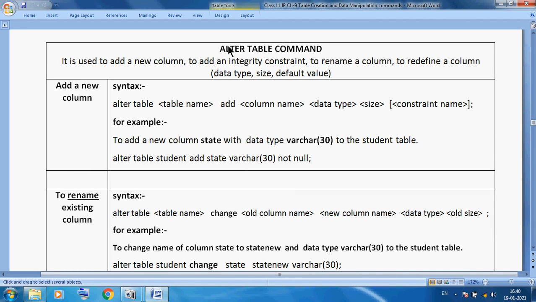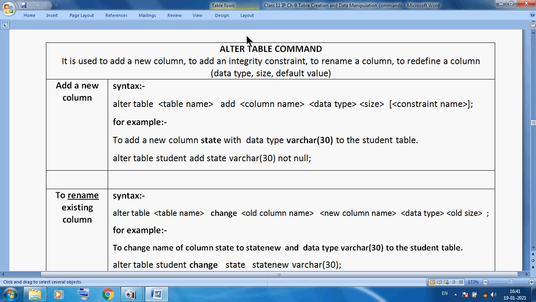Today I am discussing a new topic, the alter command. Last time I discussed the update command. Class 11 and 12 students, you can see this is our alter command. Alter, create, and drop commands belong to our DDL part, meaning Data Definition Language, which is responsible for creating the structure. We can change the structure of our table.